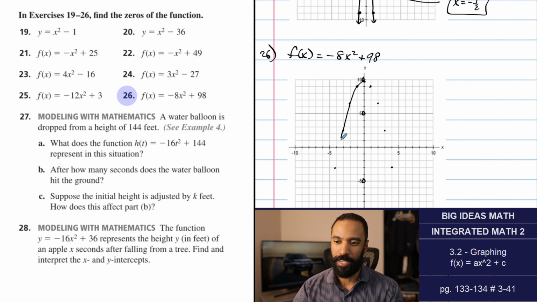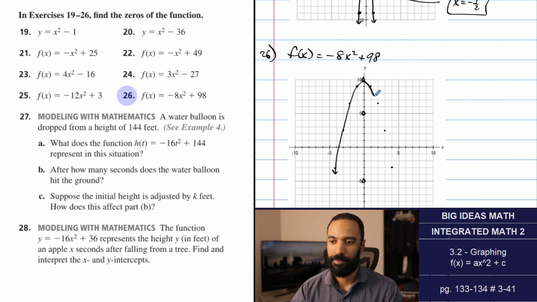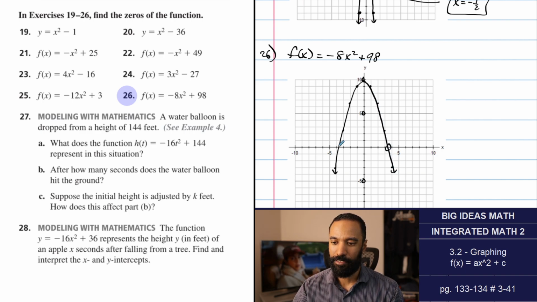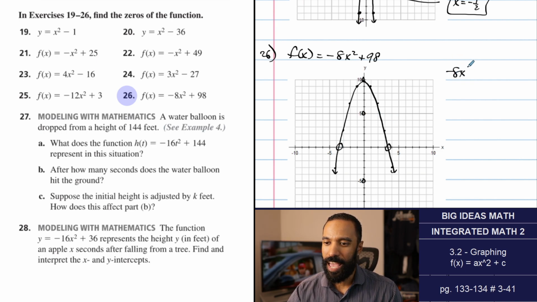So let's see if we can kind of compute it by other means, right? That's kind of the goal. Maybe it's 4.5 and negative 4.5 or whatever. Or 3.5 and negative 3.5, who knows? So negative 8x squared plus